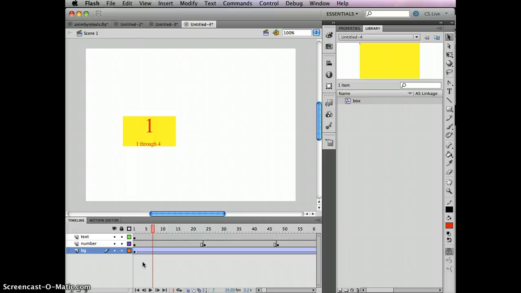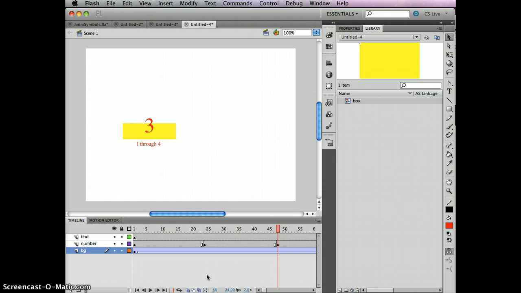Whenever we start to realize that something happens over and over, whether it's a static graphic just sitting there or a static graphic moving around, the rule of thumb is just convert that into a symbol. So since we want this whole entire thing to be used over and over, let's change it into a symbol. Now what you have to do to make this work is you have to create the symbol